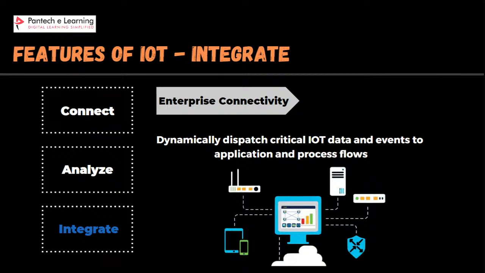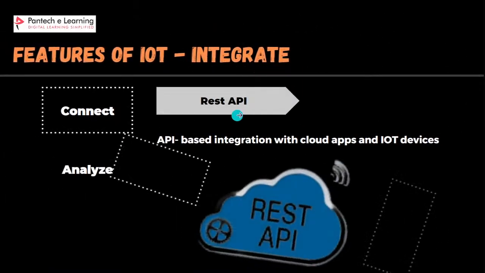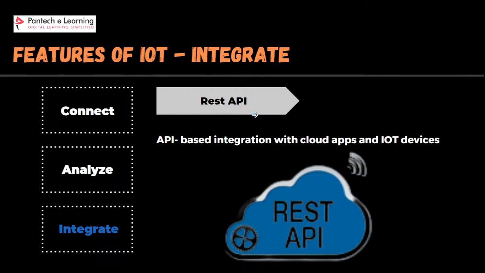Now, how does this communication happen? For that we have REST API. Once I have integrated my REST API with respect to the cloud application and IoT, then communication between the enterprise, communication between the platform and the communication between the things around us can be made more efficient and easier as well.